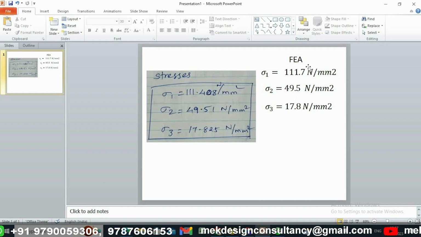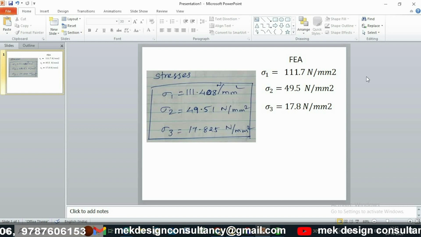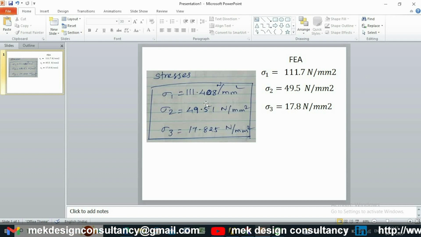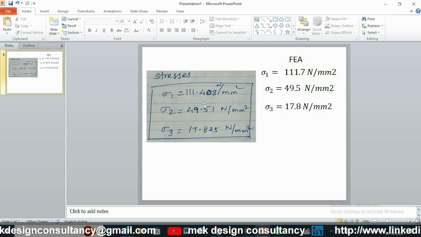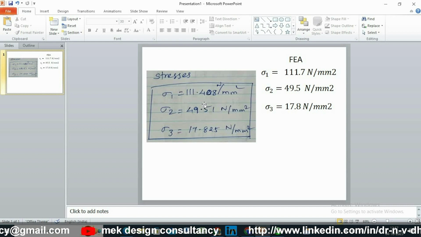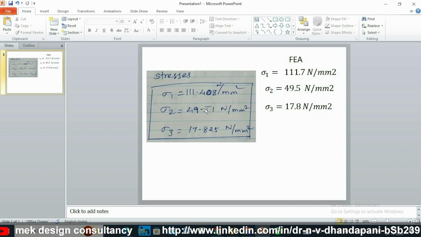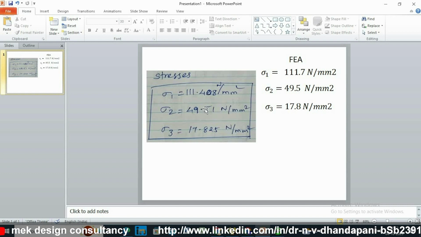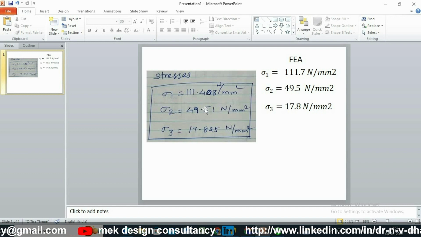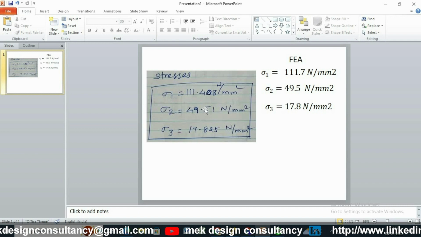Suppose the FEM results may be higher than the theoretical value or lesser than the theoretical value. What will happen? If we get a value higher than the theoretical value, then we need to do optimization on the stepped bar structure. If we get a lesser value as compared to the theoretical value, we want to improve the strength and stiffness of that particular material. Okay, and